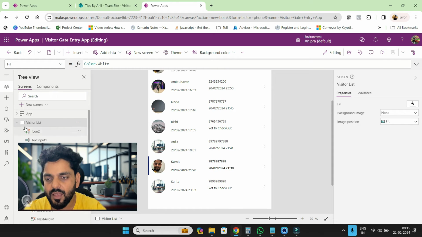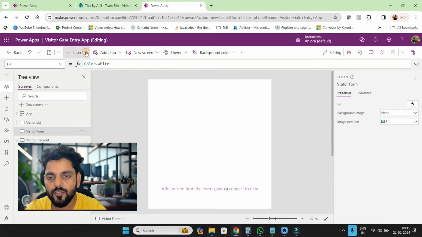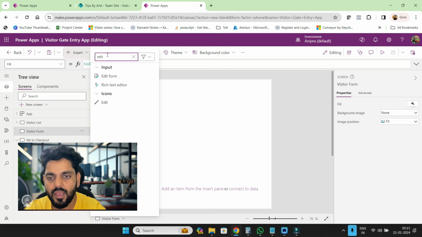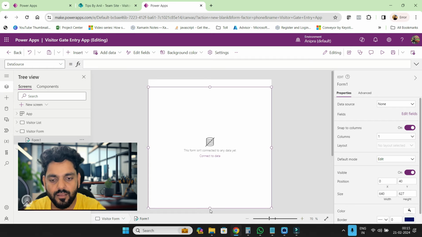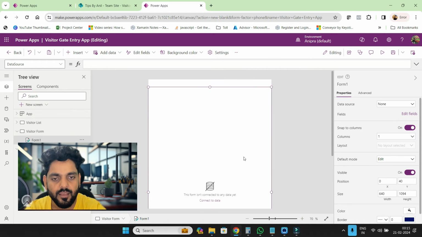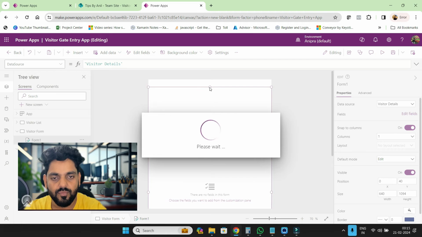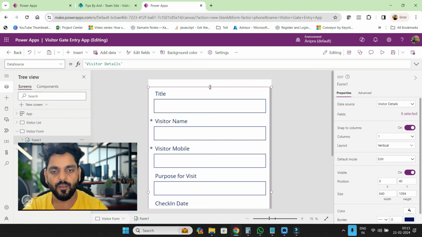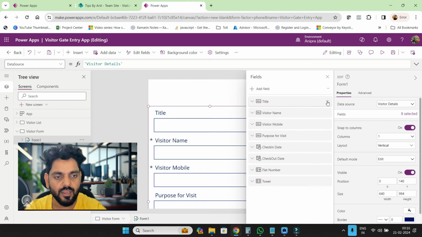Now let me go on the another screen. So I'll go on a visitor form. On a visitor form, I'll add a form, edit form. Okay, let's connect with data. Oh, not this. Okay, it will take some time. Great. Choose fields, remove title,